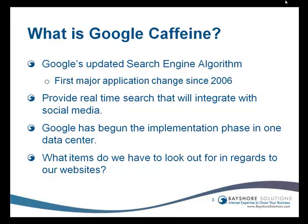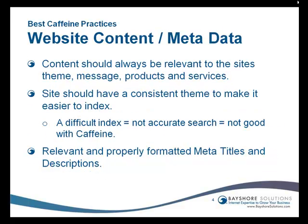Okay, so what items do we have to look out for in regards to our websites? There are certain best practices in regards to SEO all the time that we need to focus on, but even more so now when Google Caffeine becomes implemented. The first best practice that we need to follow in regards to SEO and Google Caffeine is website content and